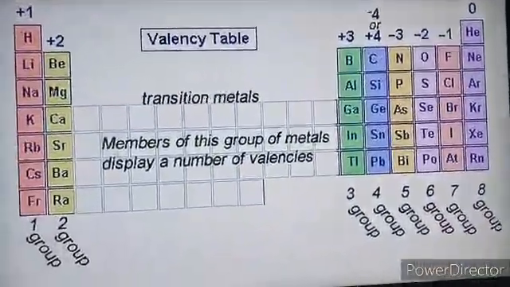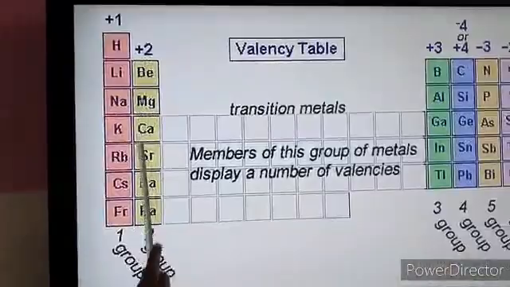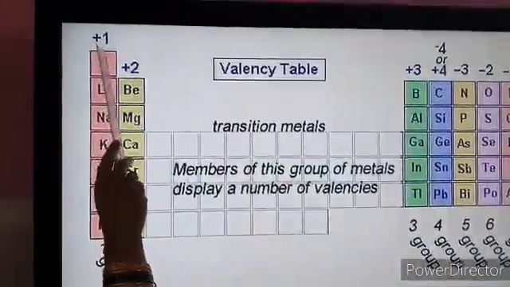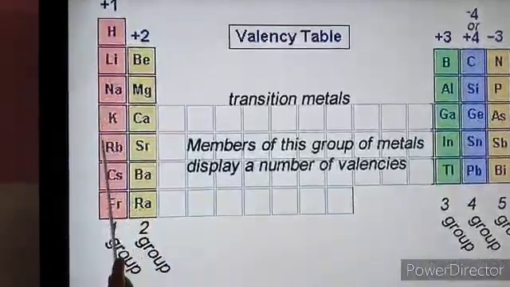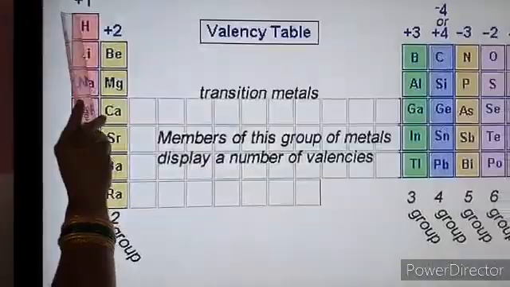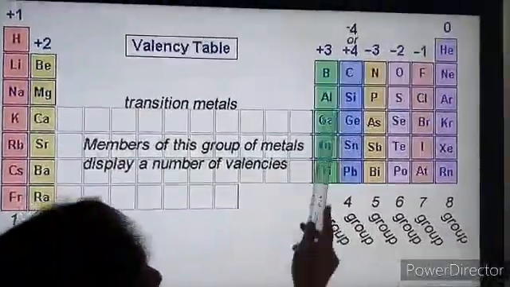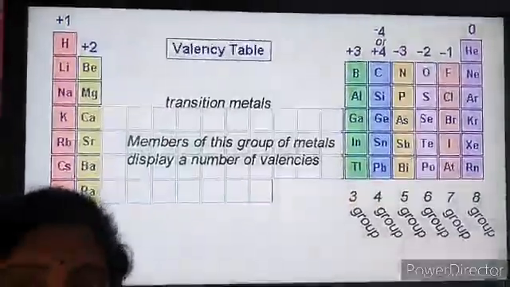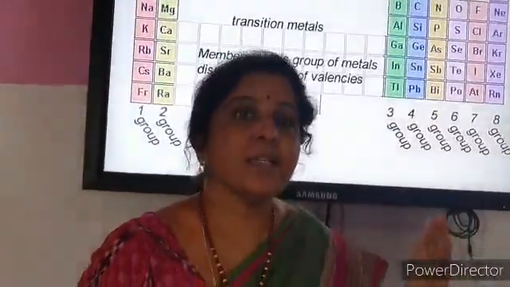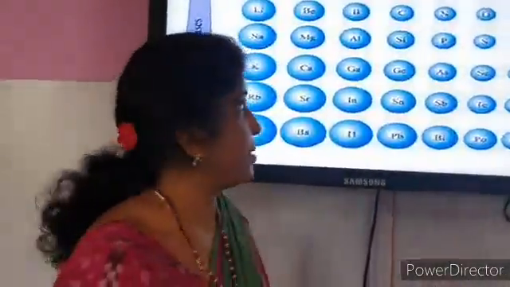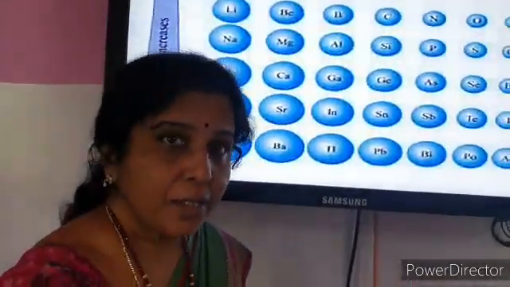And coming to the valency in any group, the valency of the group elements remains the same. Whether it is hydrogen, sodium, cesium, whatever the elements in one group, the valency is 1. And in third A you can see boron, aluminum have the same valency 3. So the valency of the group elements remains the same. Let us look at the next property, the atomic size of the elements in a period and a group.